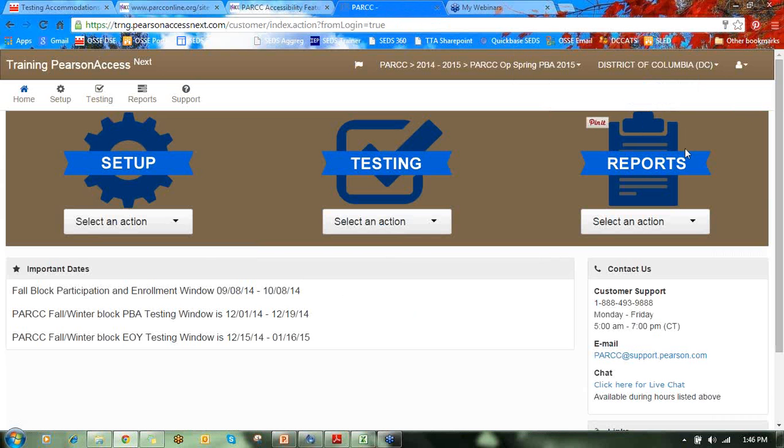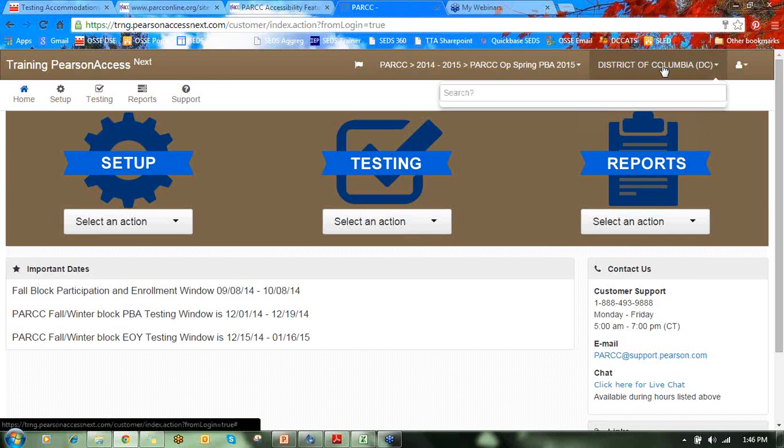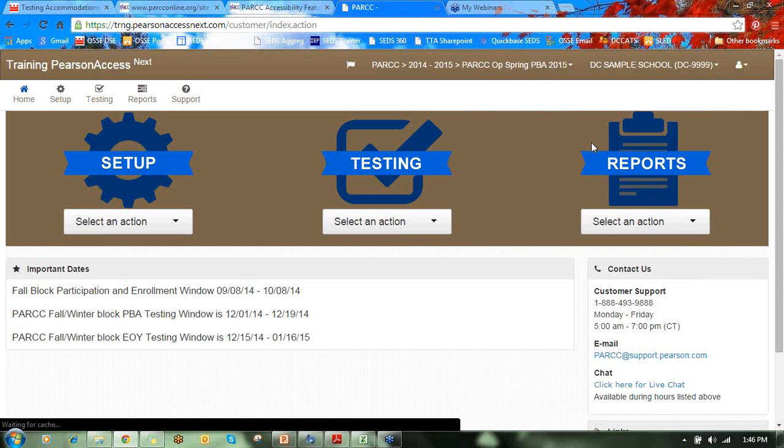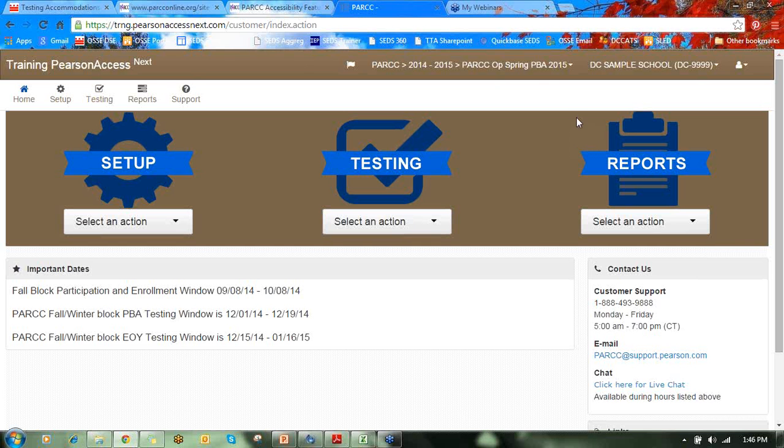And here's what the site looks like. So right now my organization is District of Columbia because I'm a state level user, but I'm going to change it to the sample school I created called DC Sample School. You'll see at the top that I'm set to the spring PBA exam for PARCC of 2015. And so I want to look at one of my students' registration and assign her some accessibility features and accommodations